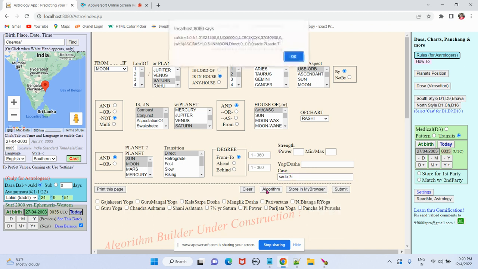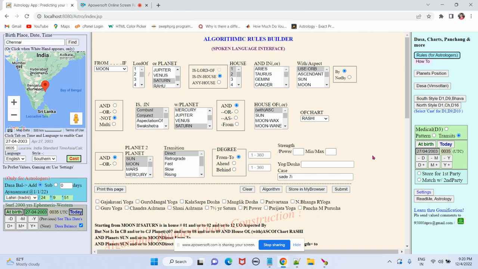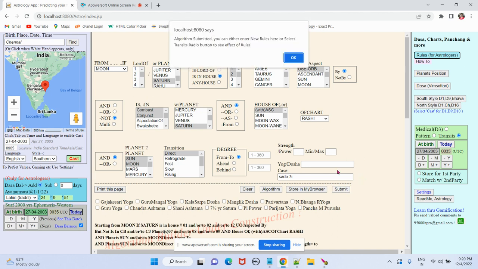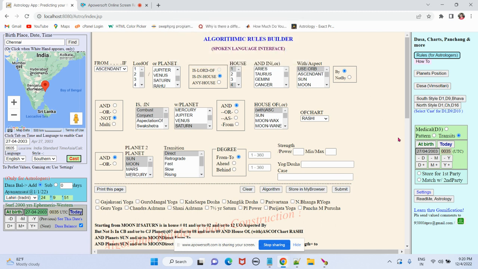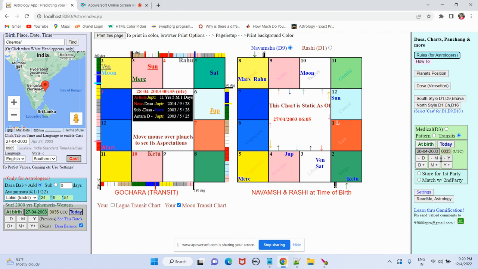Let's call that a rule. So we are now going to detect Sade Sati through rules.